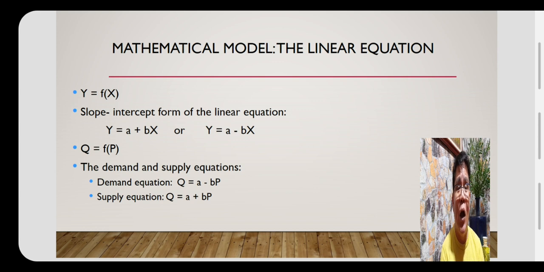So that is how much the buyer is willing to take of the commodity when it is freely given in the market. So our equation now, or our functional expression, is